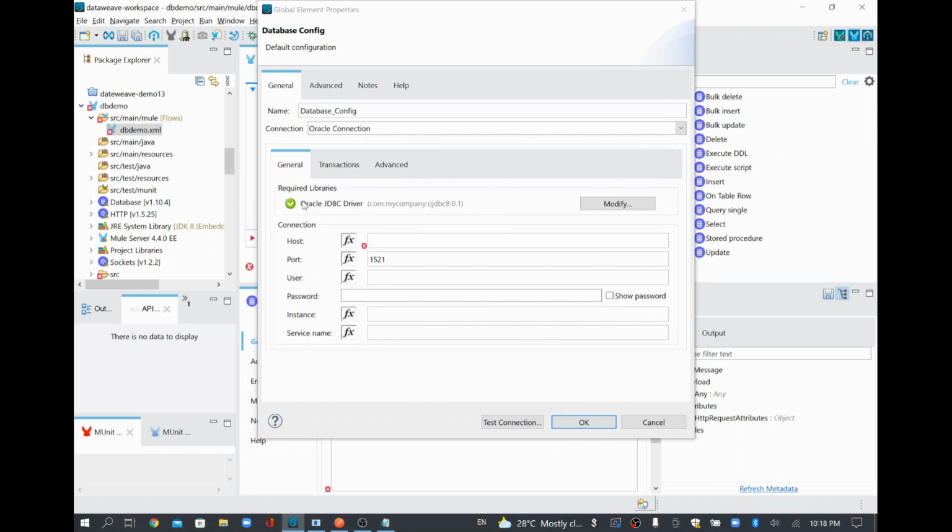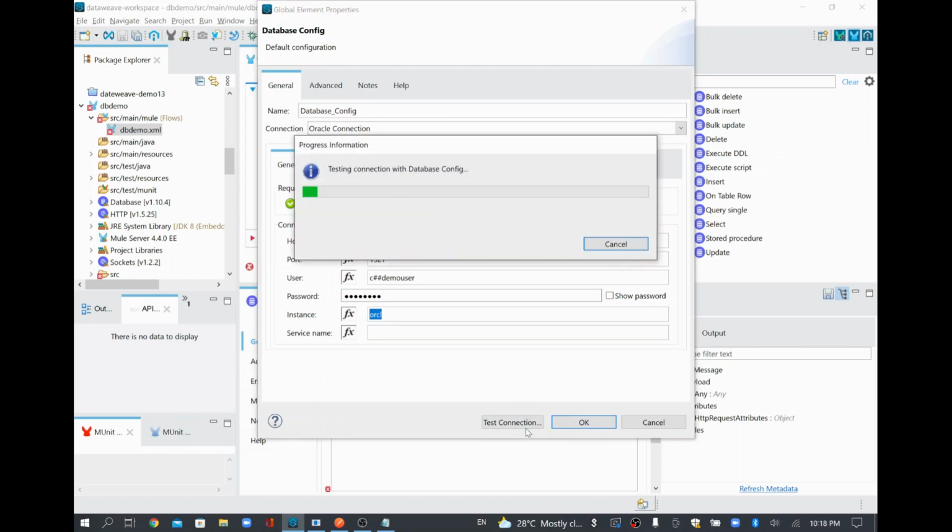Once you select it, this will turn green, and then I give my database server details. My database is running on my machine, so I gave localhost, and I have a user to connect to my database, which I fill in with username and password. For the instance, I have already installed Oracle database with the name ORCL, which is the default database, and inside the database I have a table called employee.